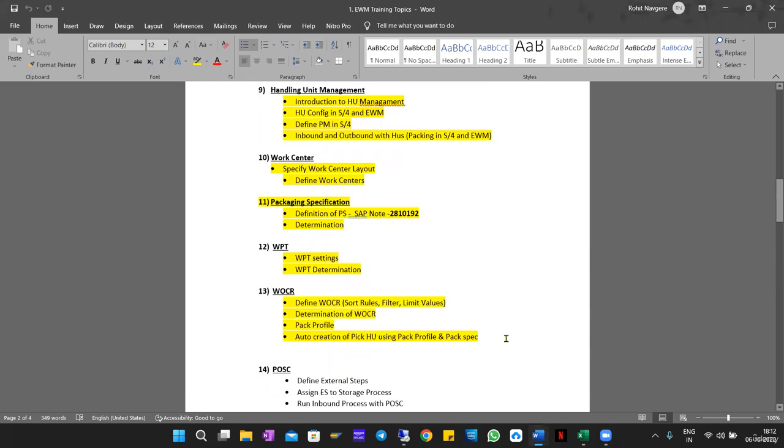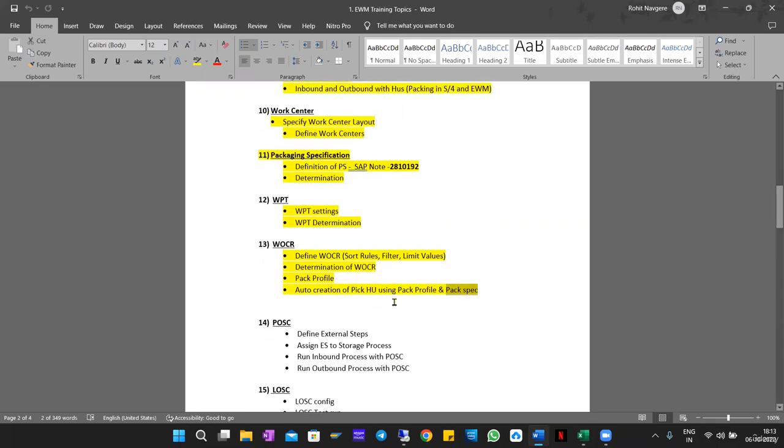Okay, so in the last class, we completed warehouse order creation rules. We defined the WCRs, worked on the determination of the WCR, and created automatic pick HUs. We also saw something related to packaging specification, how we make use of packaging specification to create the automatic pick HU in the last class. So today we are